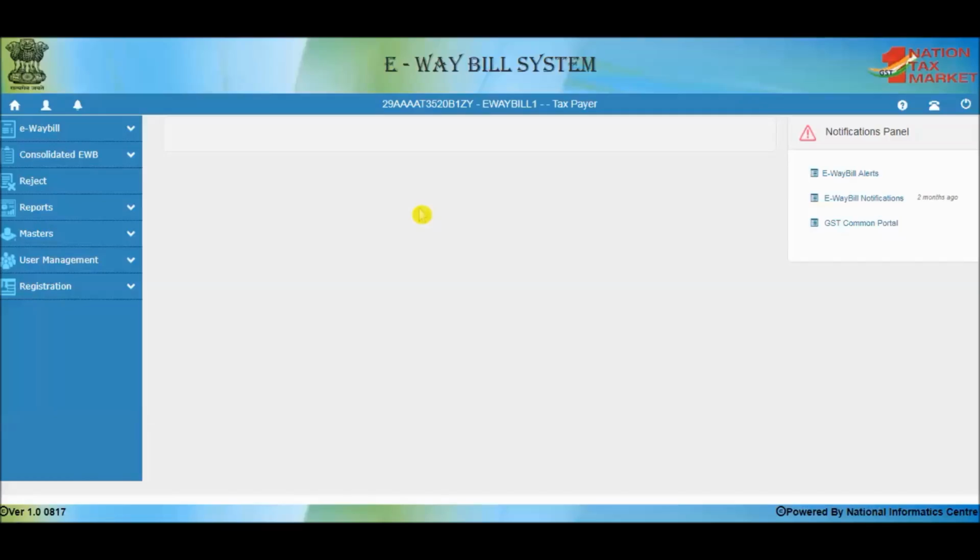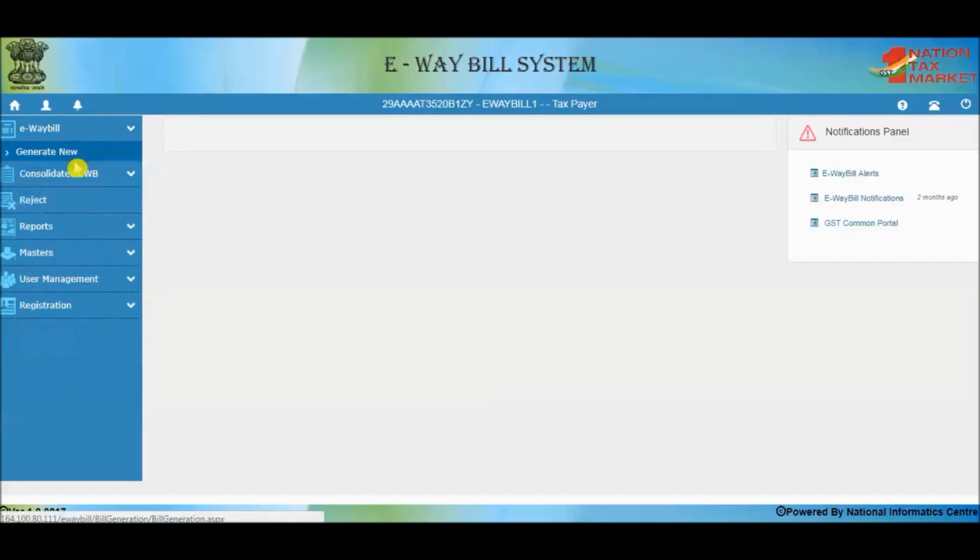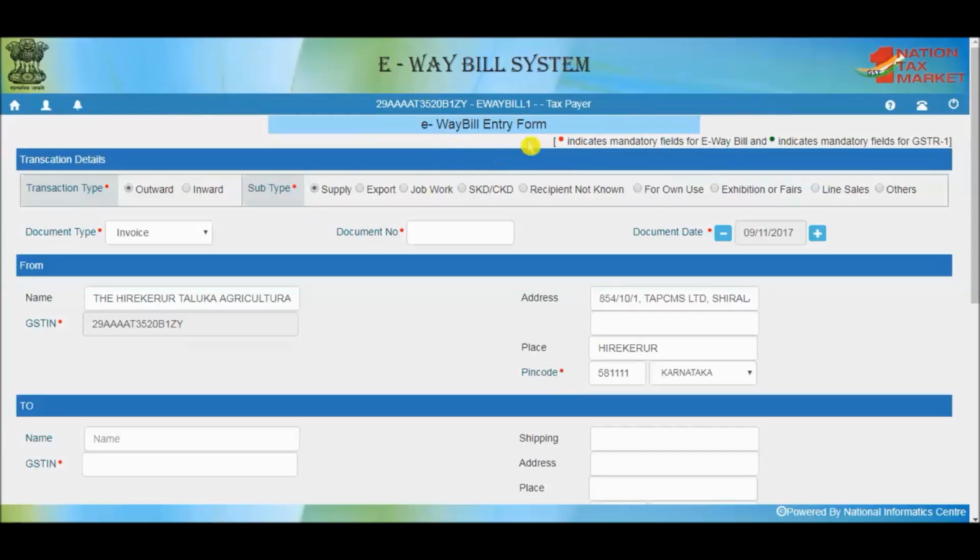In this course, we will understand how to generate a new e-way bill. After successful login, click on Generate New under the e-way bill option. The system will open the e-way bill entry form. Please note, before starting the entry for e-way bill,